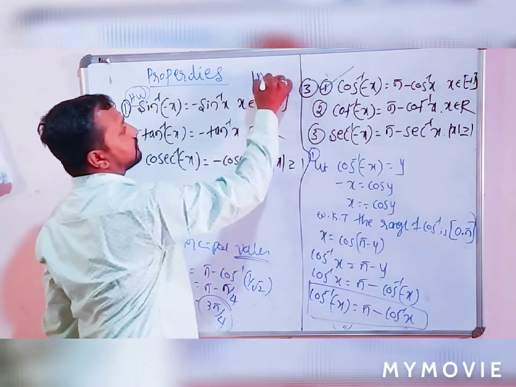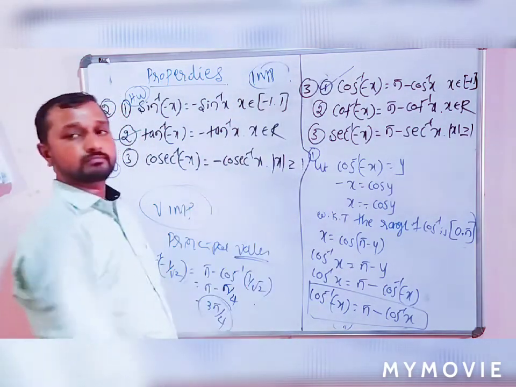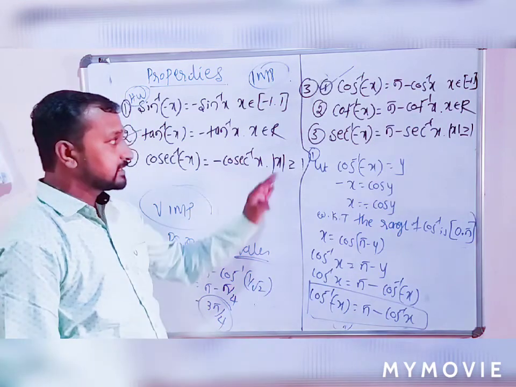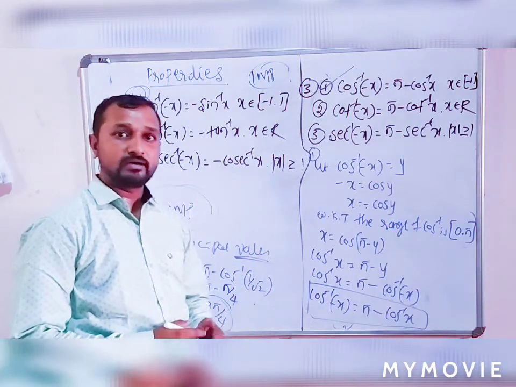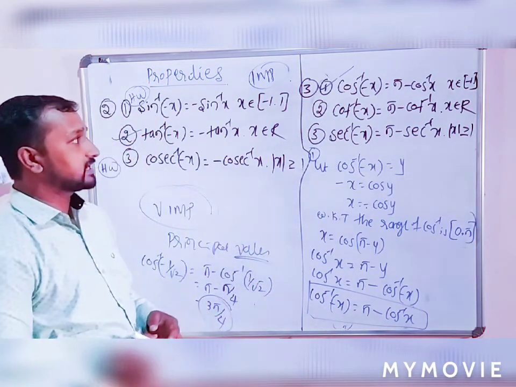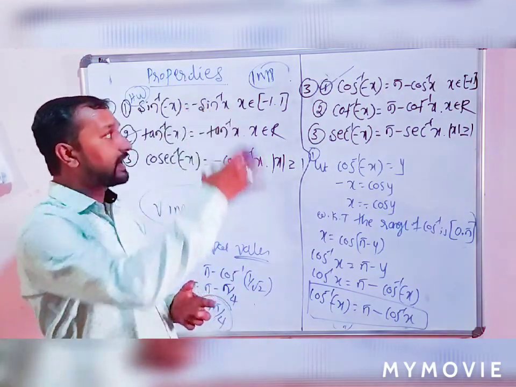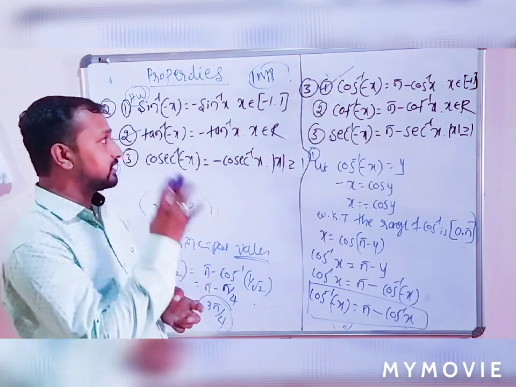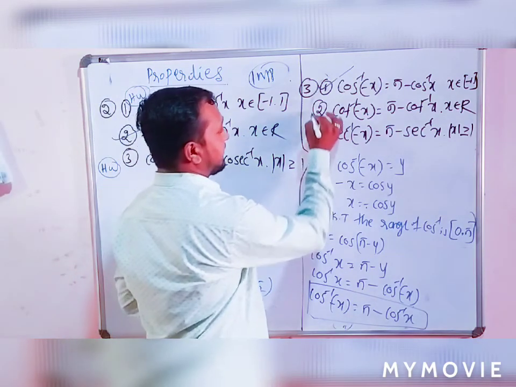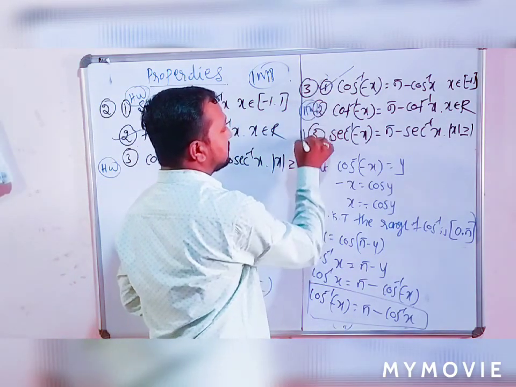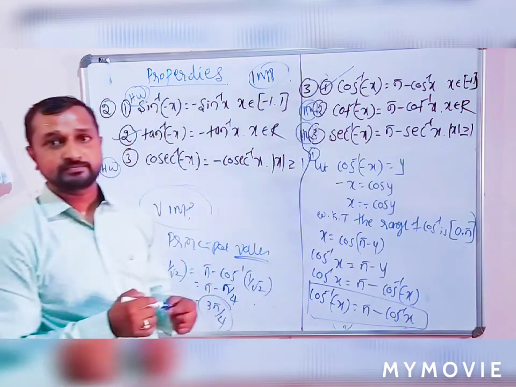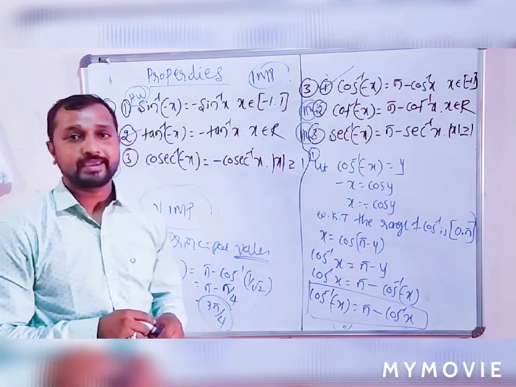This is a very important property. So these are the properties. The remaining properties we'll discuss in the next class. Okay. Note down all the notes and your homework is this as it is. The second one and third one are also homework. Is that clear? Okay. Thank you, students.